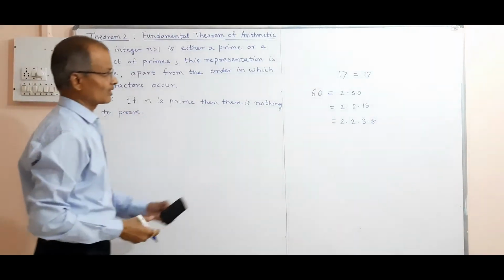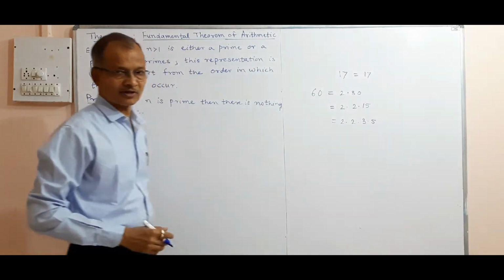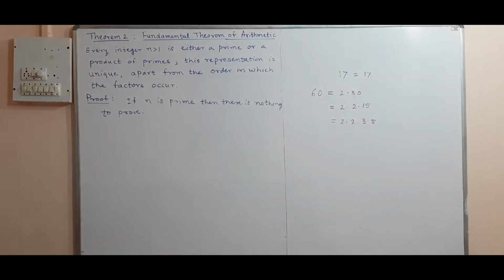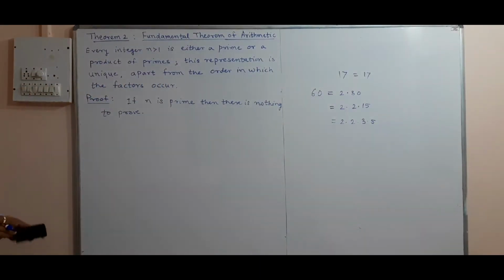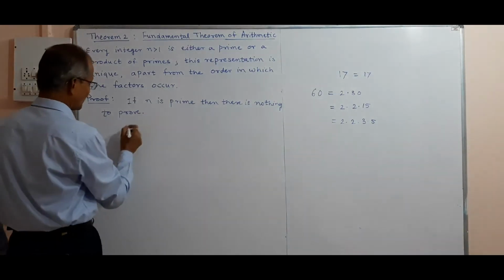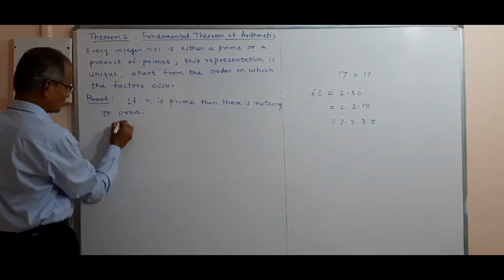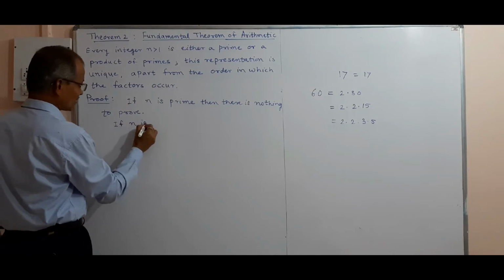Just like 17 is prime, so 17 is equal to 17, written in terms of prime factors. But if n is not prime, if n is a composite number,